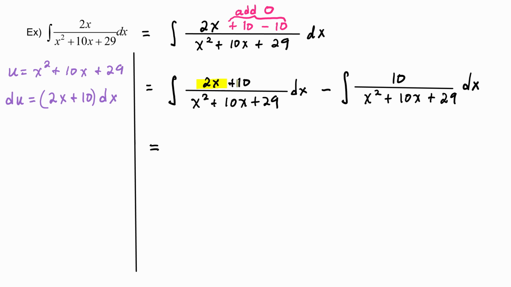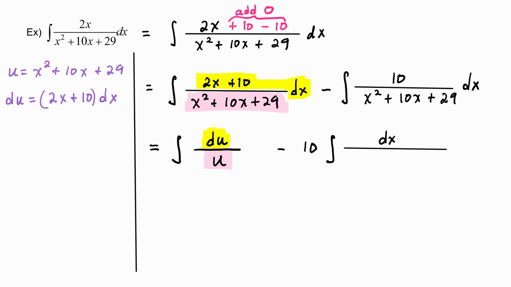We see that 2x plus 10 dx can be replaced by du. And in the denominator, the x squared plus 10x plus 29 can be replaced by u. Then we subtract away 10, I'm just pulling that constant of 10 out front, times the integral